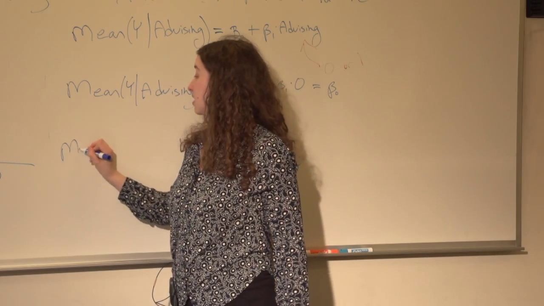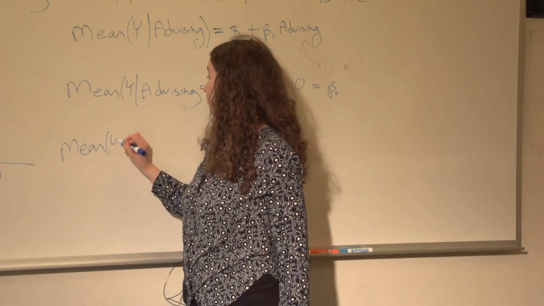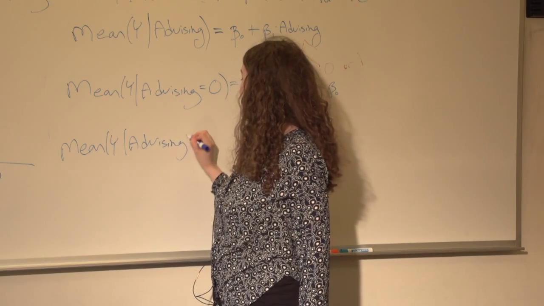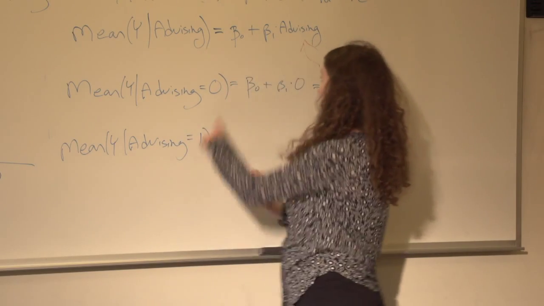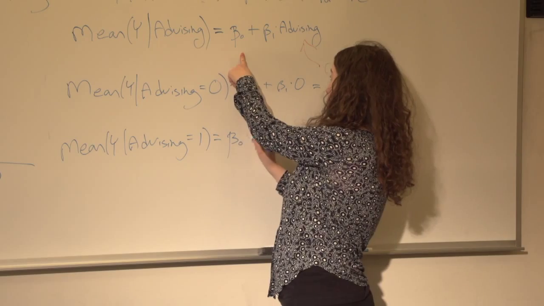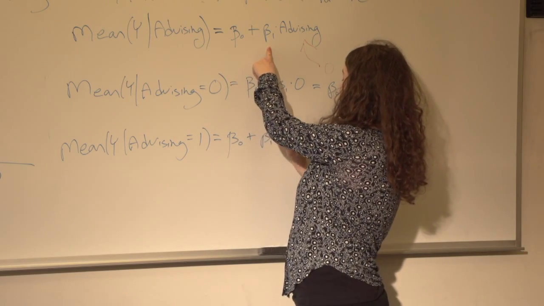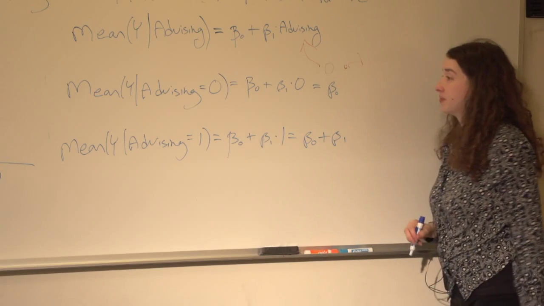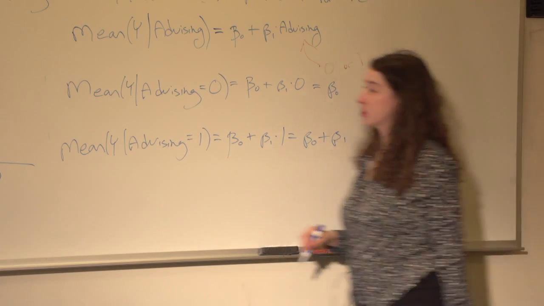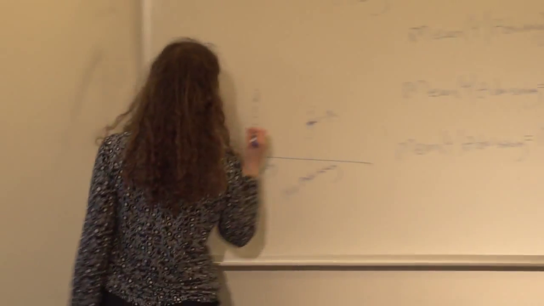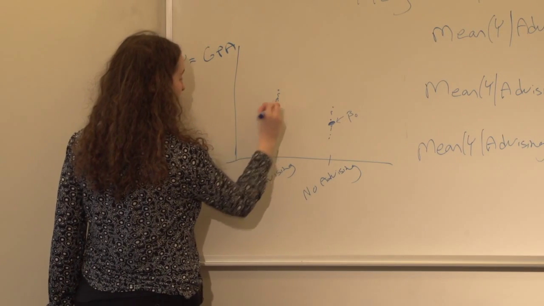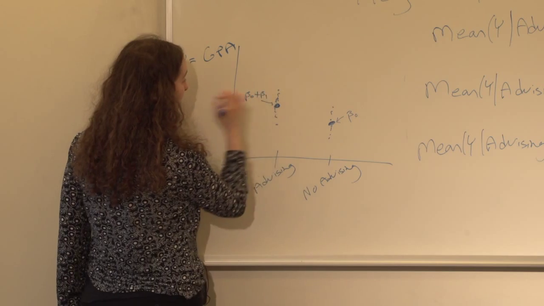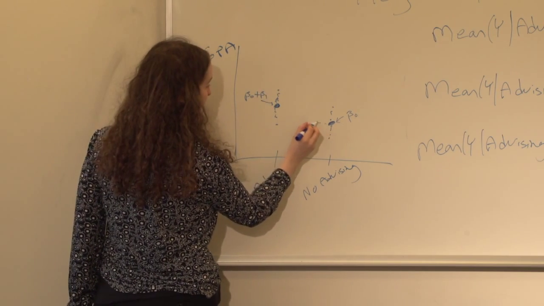If I take the mean of Y, given that the advising variable is equal to 1, I'm going to get beta 0 plus beta 1 times 1. In other words, the mean GPA among those who got advising is equal to beta 0 plus beta 1,